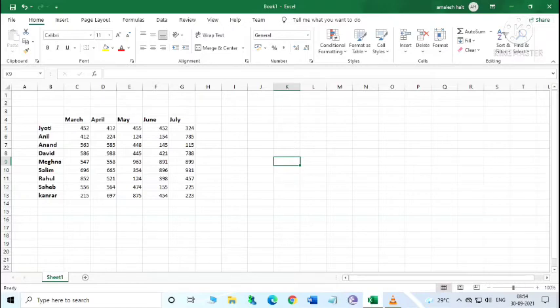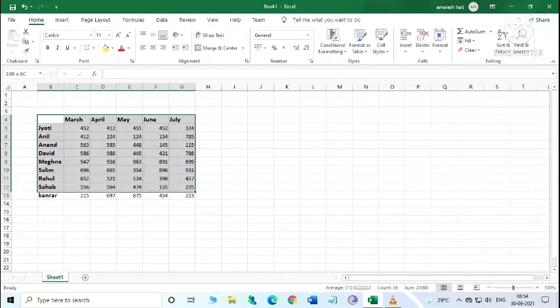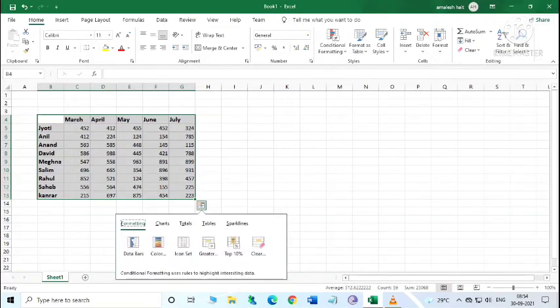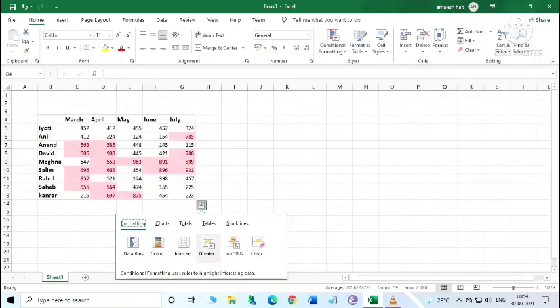Okay, to apply the slicer on our Excel sheet, at first select the data in the worksheet. Step number 1: select the data including headers which we want to convert to a table. The quick analysis button will appear on the bottom right corner of the data.